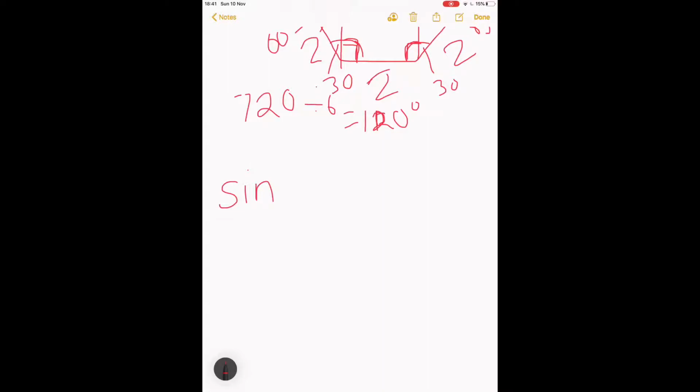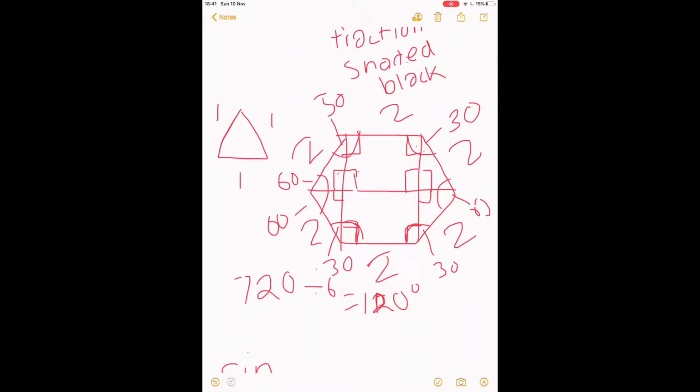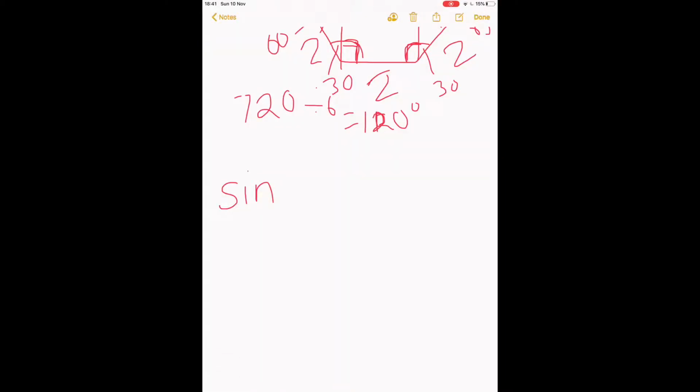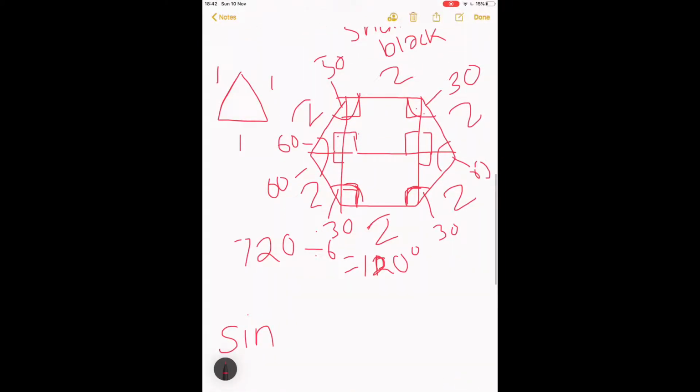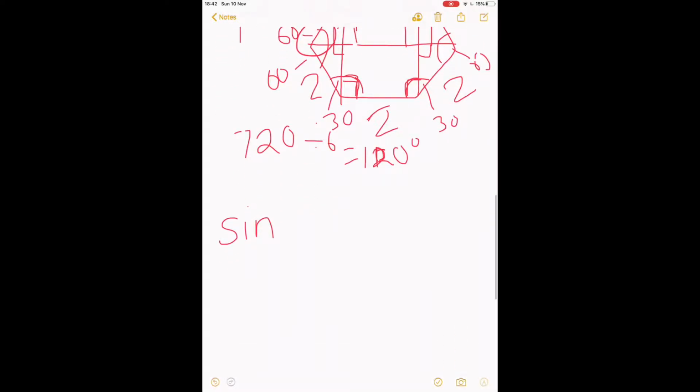But in this case, we can use sine 60 to get our opposite over 2. In this case, we will do sine 60 here, and then its opposite, which is this side, and then the hypotenuse of here, which is 2. So we have sine 60, which equals O over 2, and then rearranging it, you have sine 60 times 2